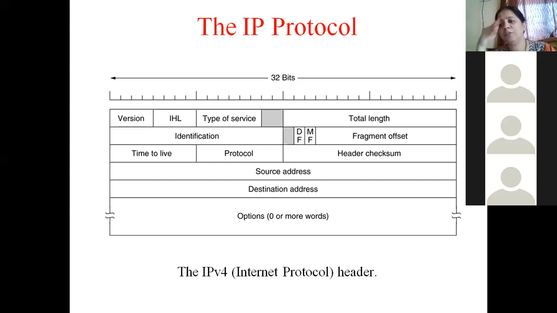So there are millions of users all over the world. There are millions of computers all over the world. How are we going to uniquely identify a machine? For example, suppose I'm sending an email to my friend. It has to reach her machine. Or for example, from my machine, I'm fetching some web pages and I'm browsing the internet. Suppose I'm looking at google.com, whatever are the Google pages, or suppose I'm opening a YouTube web page, whatever is the YouTube content, that should come to my computer and nobody else's computer.